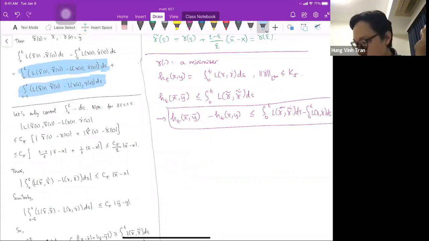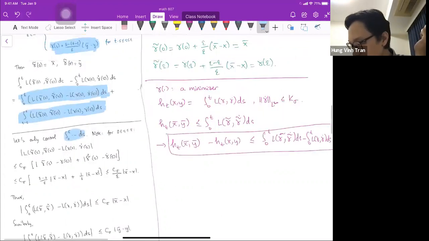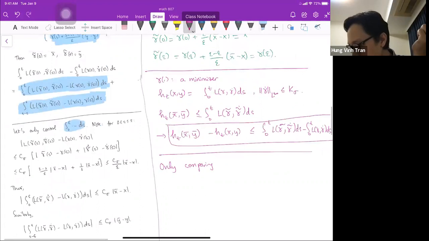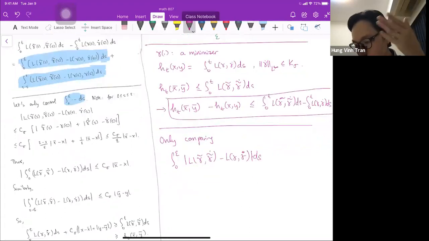So I only need to control one of the integrals, and maybe let me write it down so that you see. Only comparing the integral from 0 to epsilon of L of gamma tilde dot minus L of gamma dot ds. Okay. And again,